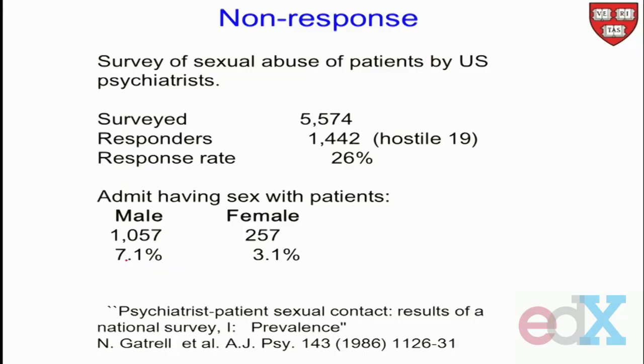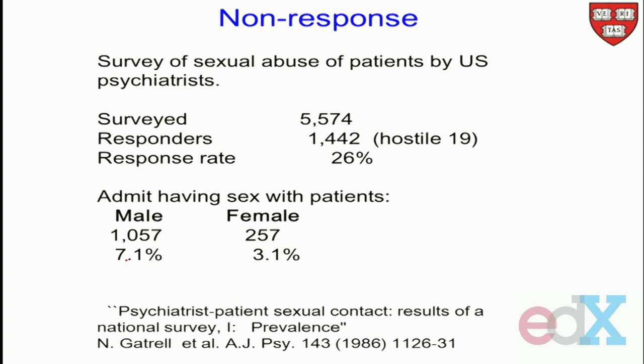The non-response bias is also a very important bias. For example, if you send out a survey, who responds to you? This is sometimes called the high school reunion effect. Who shows up at a high school reunion? Typically, it's the people who have been successful in life, and they want to show off to their high school friends. Here's another example of this.